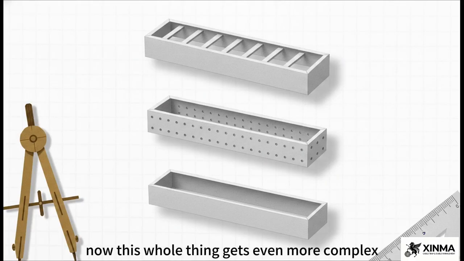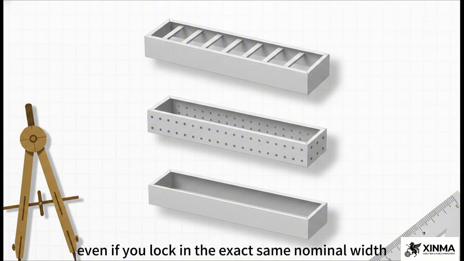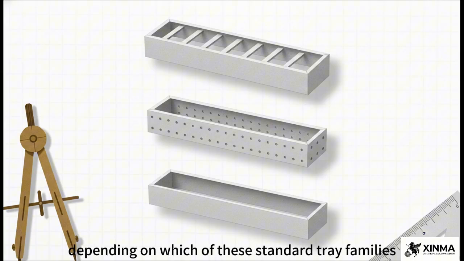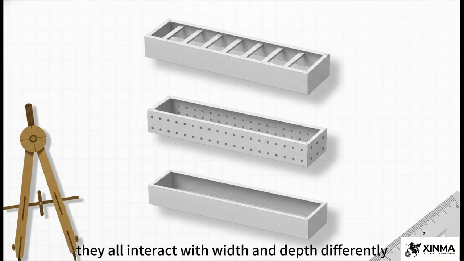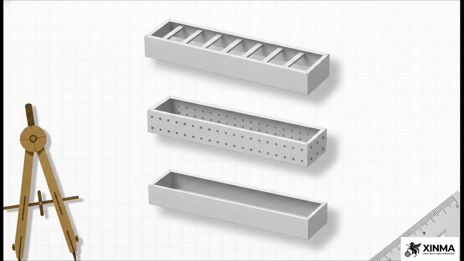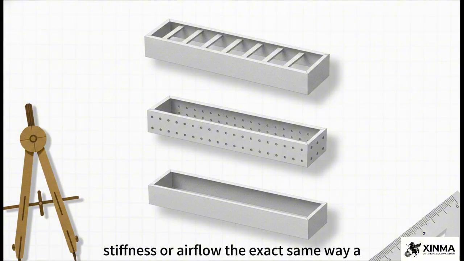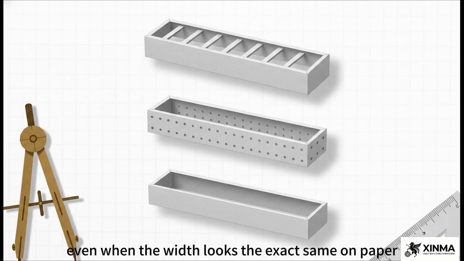Now, this whole thing gets even more complex when we start mixing in different standard tray varieties. Because even if you lock in the exact same nominal width, the structural behavior and the rules completely change depending on which of these standard tray families you're actually using. Whether it's ladder trays, perforated trays, or solid bottom trays, they all interact with width and depth differently. Seriously, a 600mm wide ladder tray doesn't manage load, stiffness, or airflow the exact same way a 600mm wide solid bottom tray does. You've got to account for what changes between these types, even when the width looks the exact